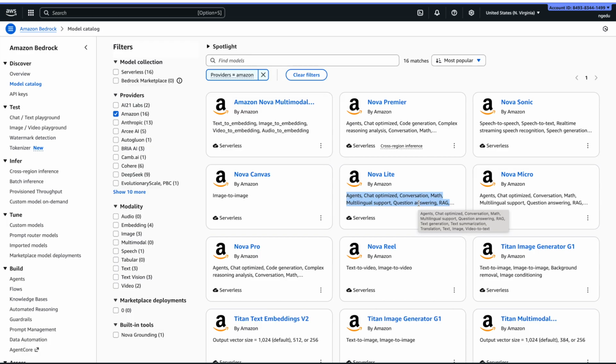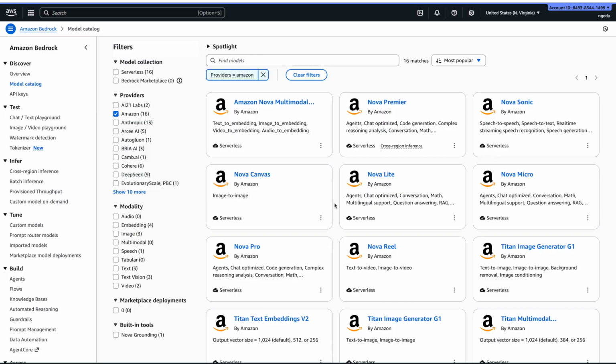Now earlier, what used to happen is we used to have these textual models, and on top of them we used to have services like Transcribe, which would convert speech to text, and then we would use Polly or something like that to convert text to speech. So now, instead of that, what the industry is using is these kinds of models, speech to speech or image to image, so that the model is adept at conversing in real time and there's very little latency as compared